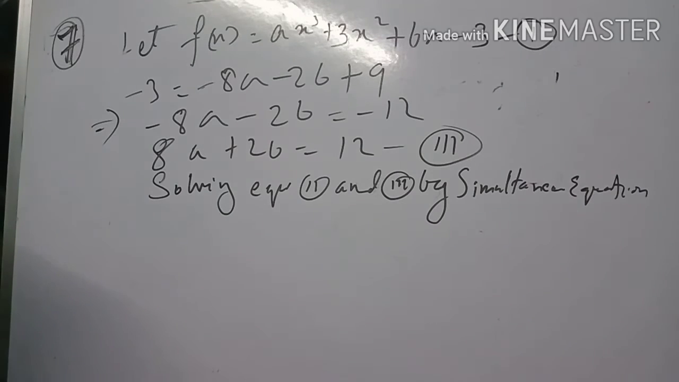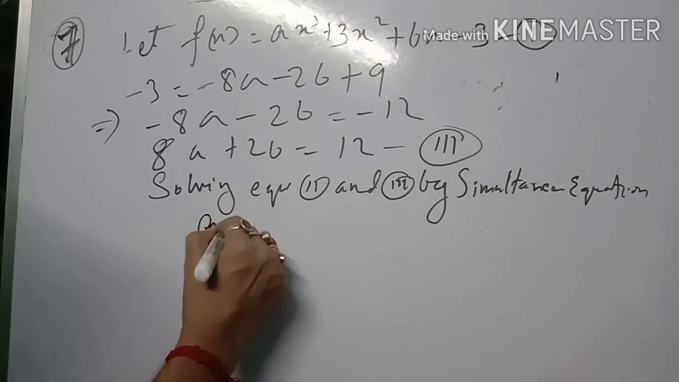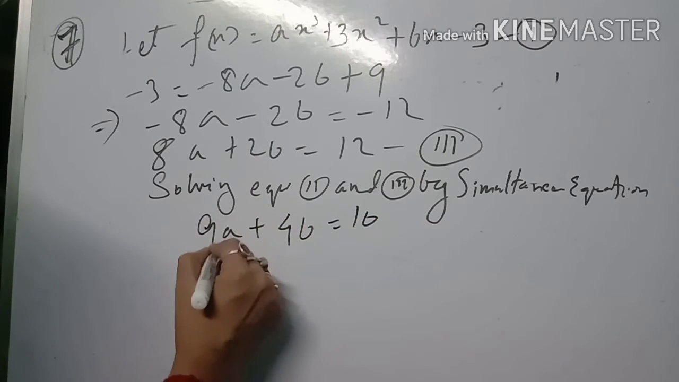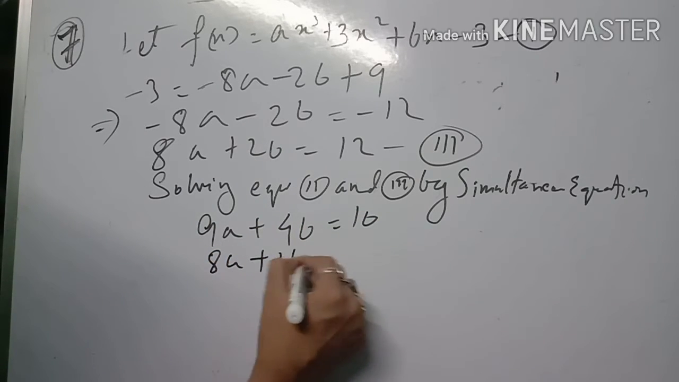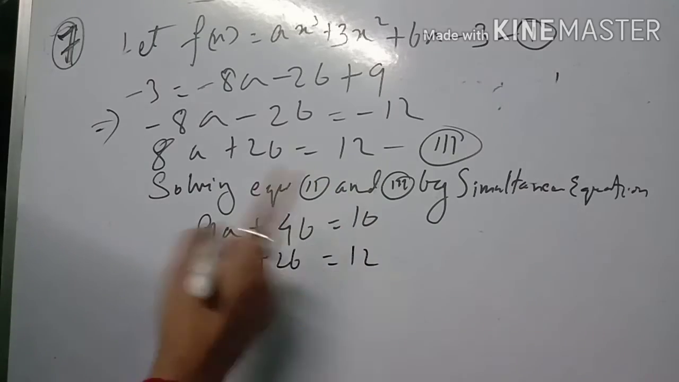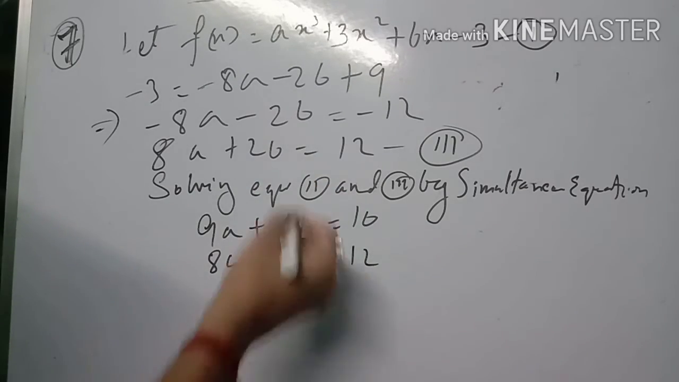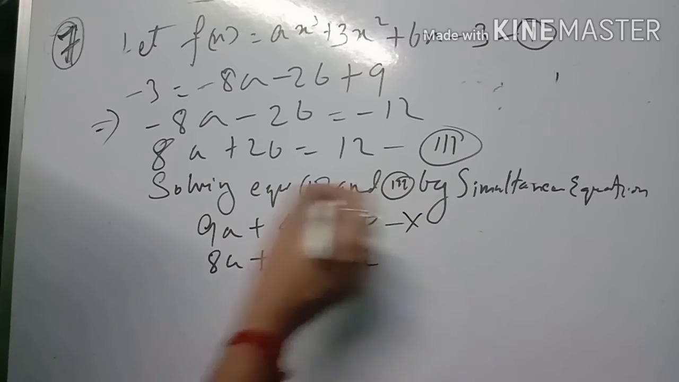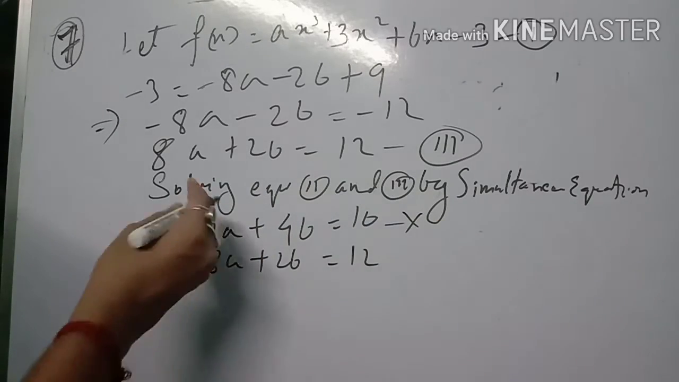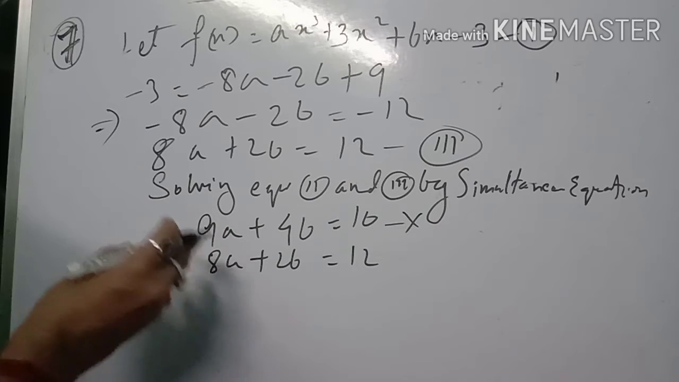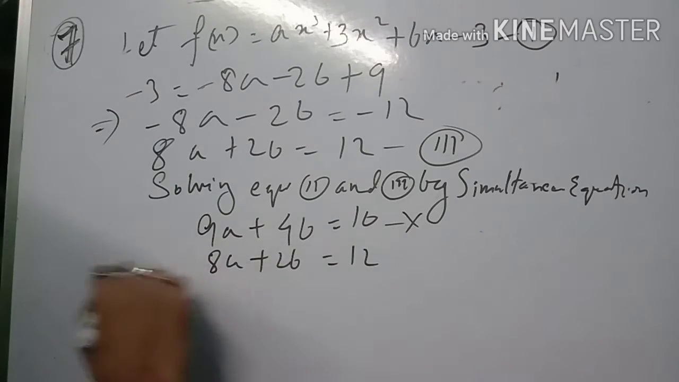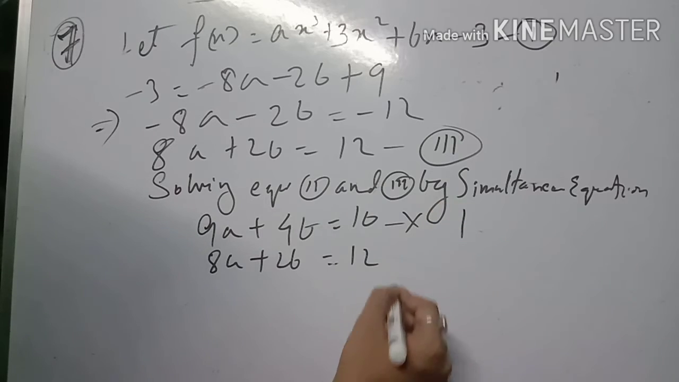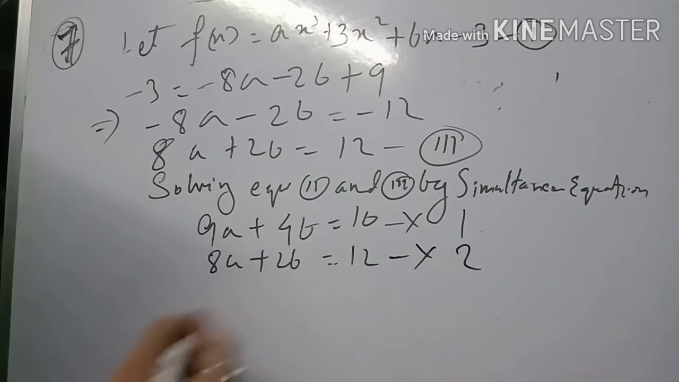Fine. Let us write 9a plus 4b equals 10. It is 8a plus 2b equals 2. So we are going to subtract, but before that we need to cancel. I chose to cancel b. You can choose a, it's up to you, but it will become a bit lengthy and hectic, so we must avoid that. We're going to multiply this with 1, we're going to multiply this with 2, and